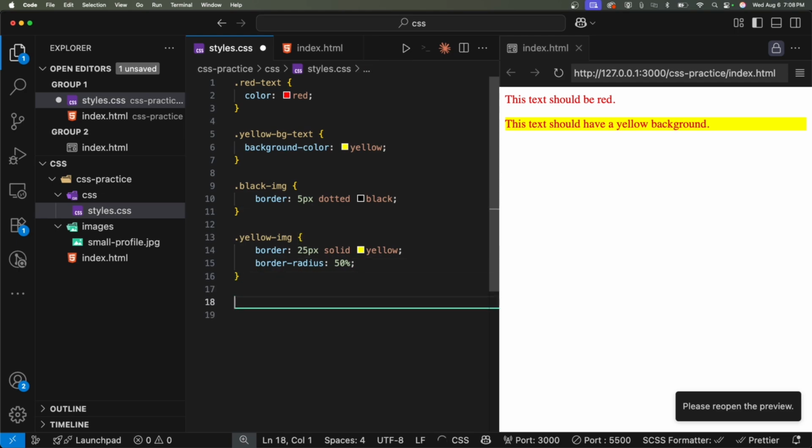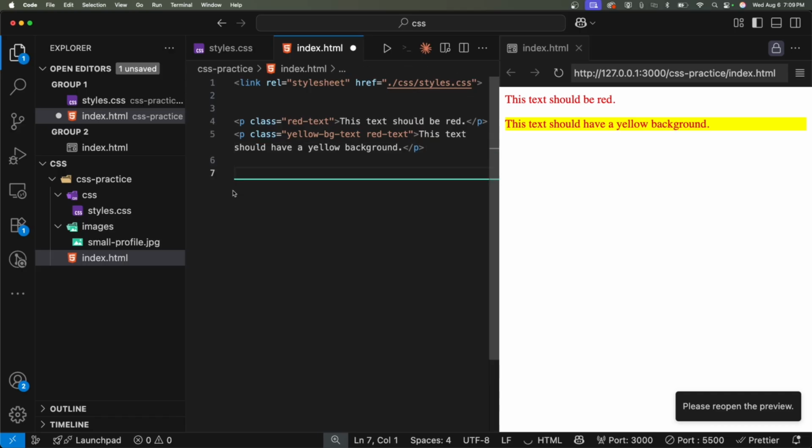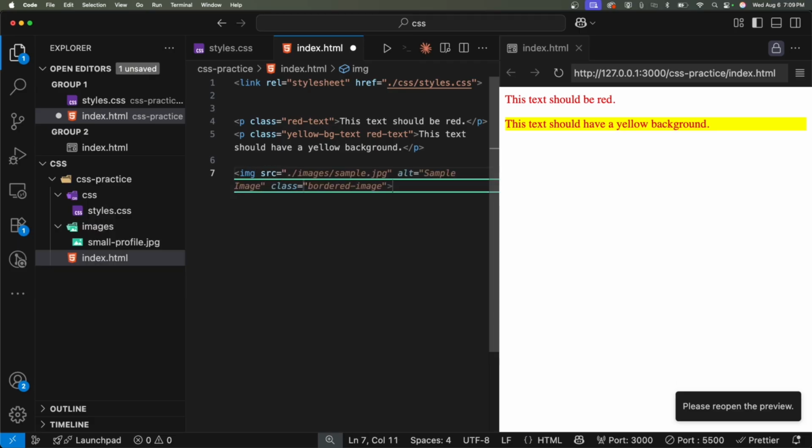And the last CSS selector will be red image, border 15 pixels, double border style with a color of red. Okay, now we go to our index.html file, and I'm going to add several images. It's going to be the same image, but with different class selectors. Obviously, I'm going to write images. We go into my images folder, small profile JPEG file. Let's not forget the alternate text attribute,